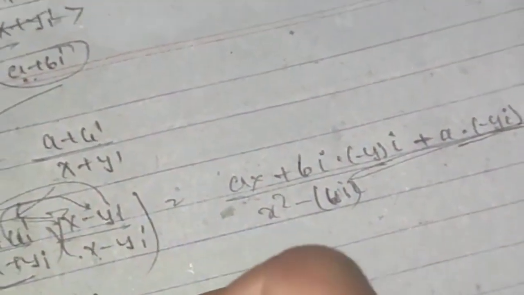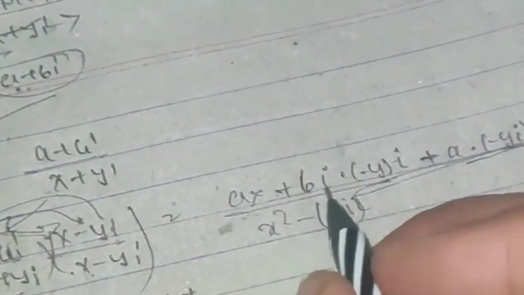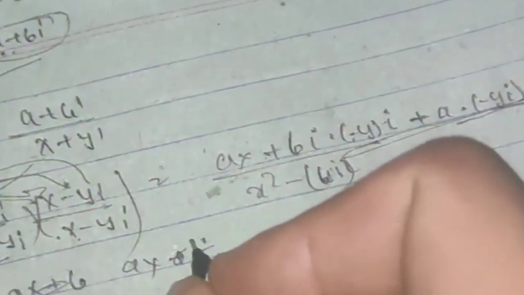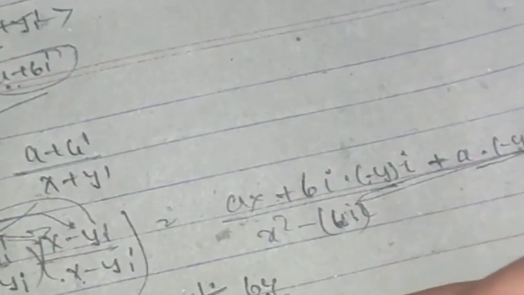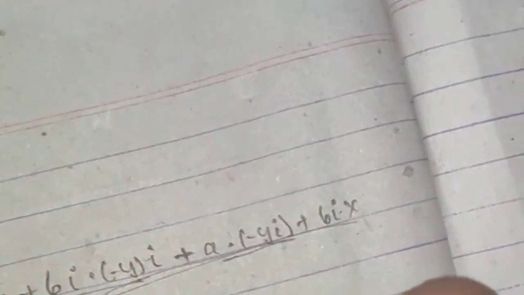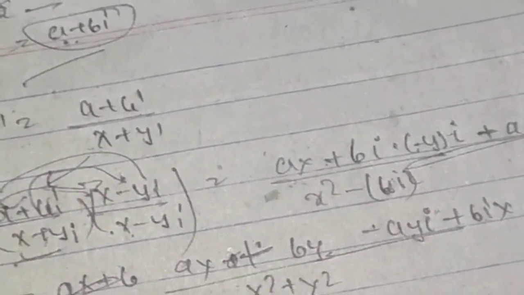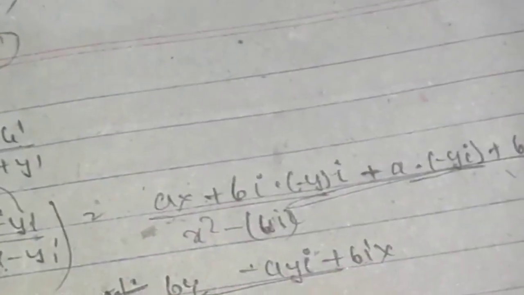This becomes ax plus by, minus plus minus minus iota square, and iota square is 1, so this is minus 1, this is minus plus, divided by x square plus y square, and minus ay into iota plus b iota into x. So this becomes ax plus by upon x square plus y square, then plus b iota